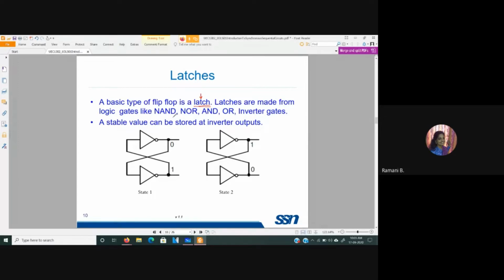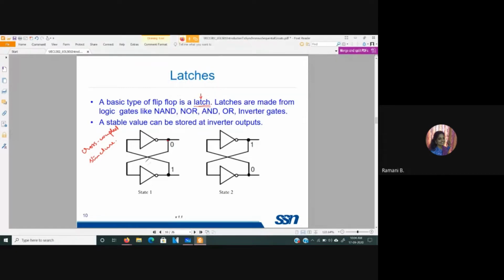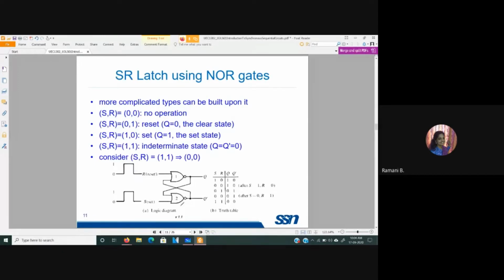So here with latch or flip-flop, you often come across this cross-coupled structure. Cross-coupled in the sense the output of one gate is connected as input to the other gate. The same way, the output of this particular gate is connected as the input to the other gate. Okay. This is what we call it as the cross-coupled structure. We shall see one by one, then you will get a better idea. So first, let us see the SR latch.